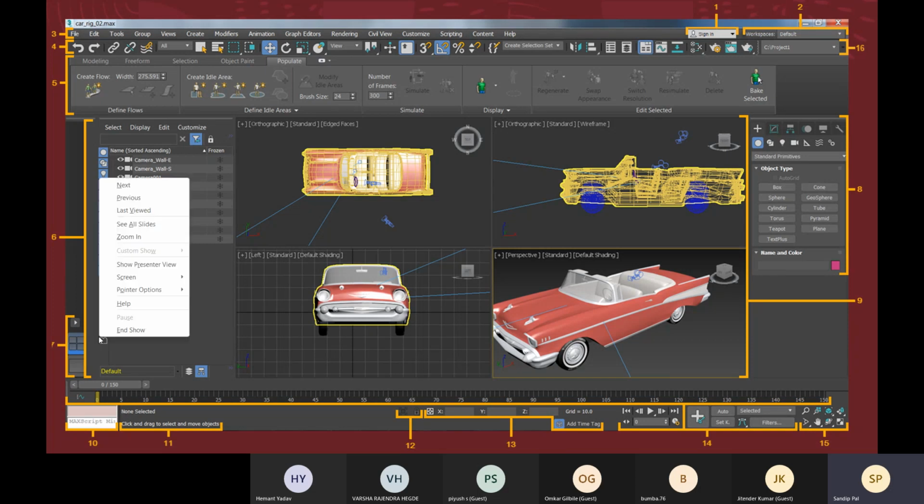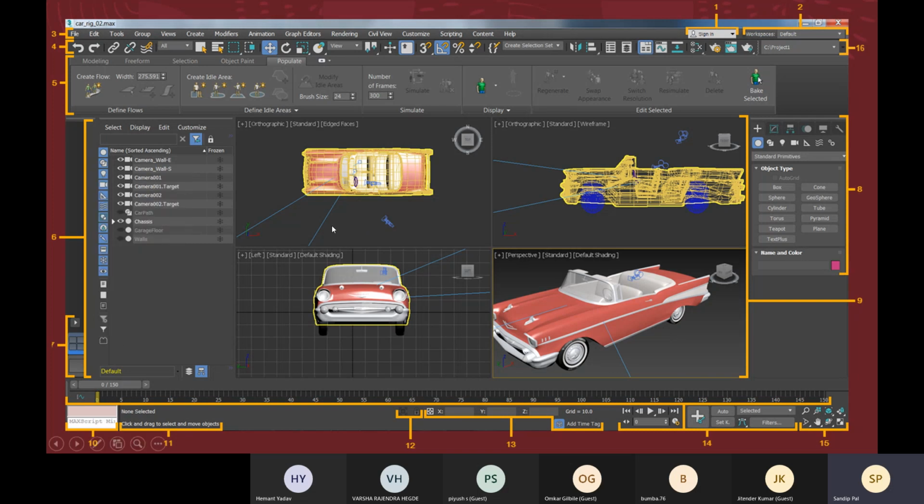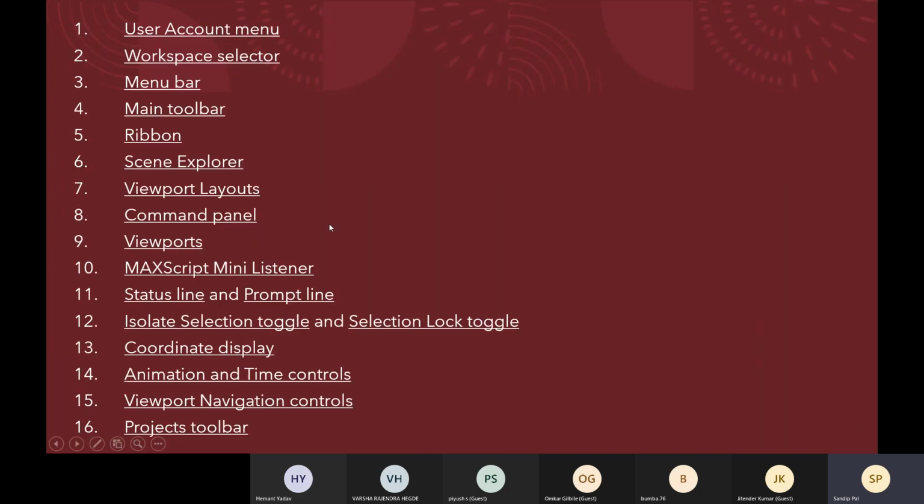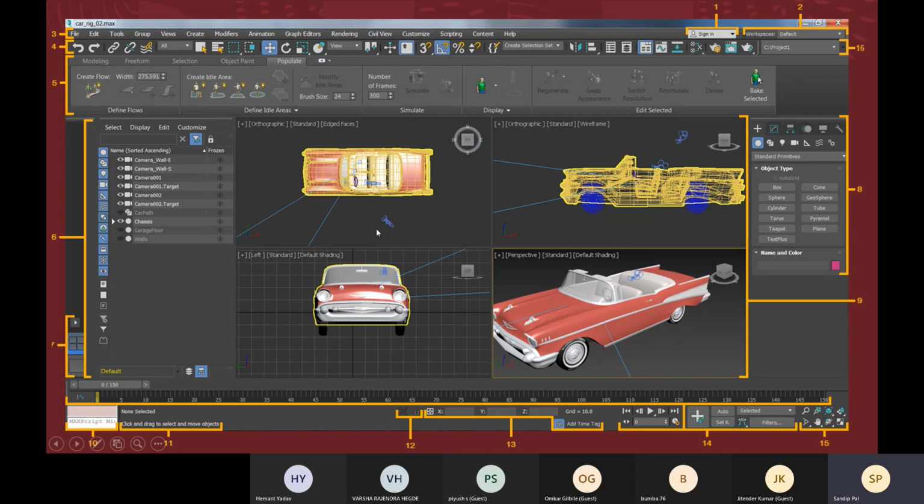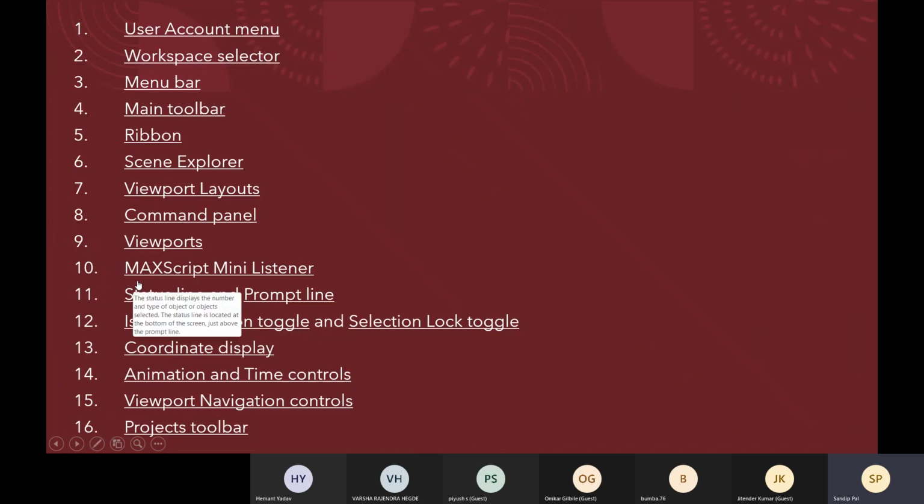Whenever I don't need this camera, I can hide it, and whenever I need it, I can show it. This way I can manage all these things for better productivity, and I can group them as per the layer.